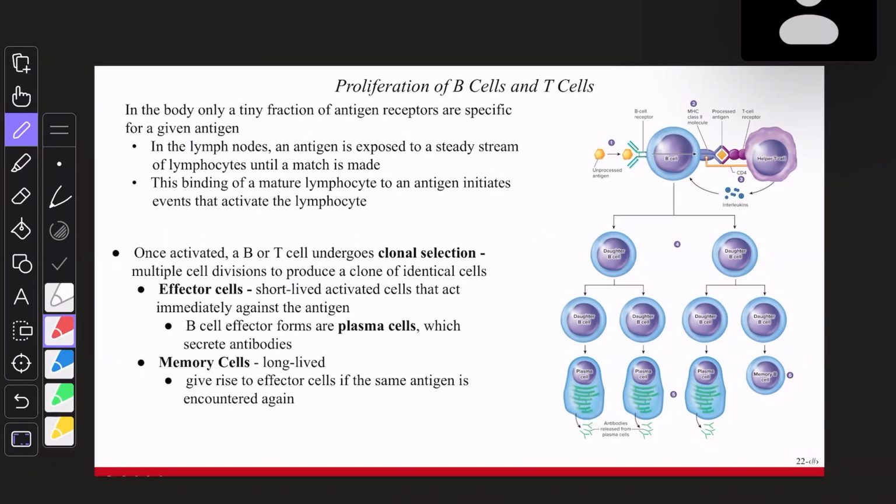It is different from mitosis. It's a similar process, but it's not technically mitosis, right? Remember, mitosis is specifically the division of the nucleus and then the cytoplasm. We're not dealing with that here, right? Not all of these cells even have nuclei, okay? So